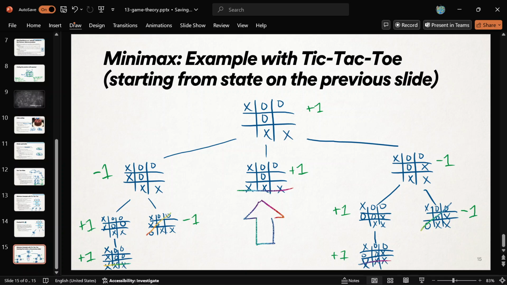It tells you, all right, you would like to make the choice that's going to maximize your own chances of winning, under the assumption that O is really good at the game. So you don't want to go down here, even though you could possibly win down that way, because O is probably going to win and beat you. This is the one way that guarantees success. And so that's the secret. Does that make sense? That's Minimax.